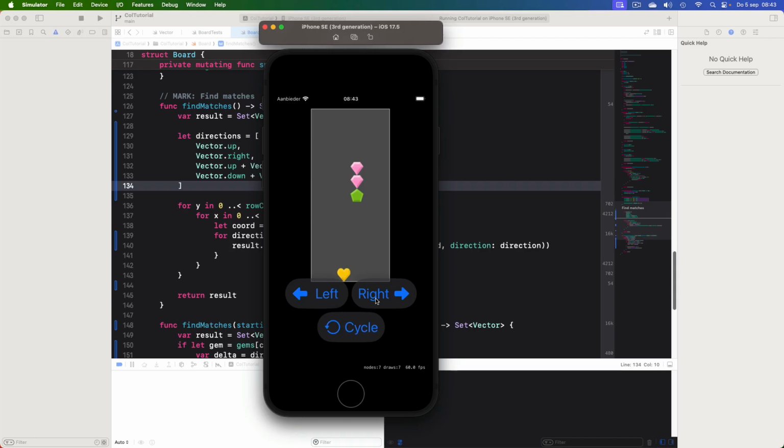Let's see if we can make a match, perhaps this way. Okay, so there's a match coming along, but I would like to see a diagonal match because we saw the other ones already. Oh, this one could work, I think. Yeah, so the diagonal ones are now gone as well. These ones still work. And let's see if some more yellows turn up. Okay, yellow, no, diagonal. Okay, so it works, but